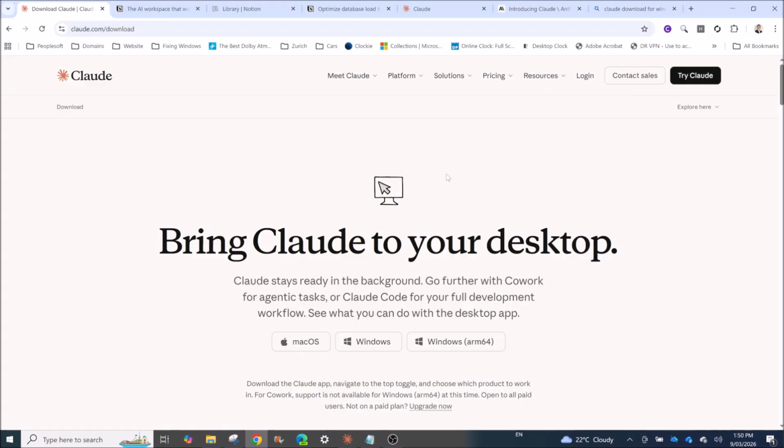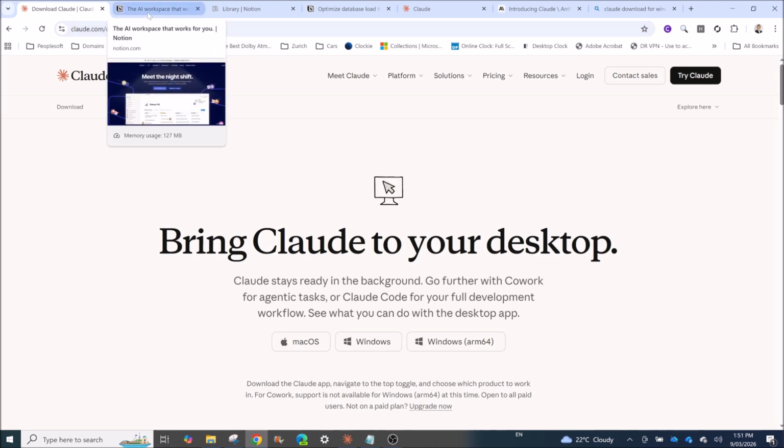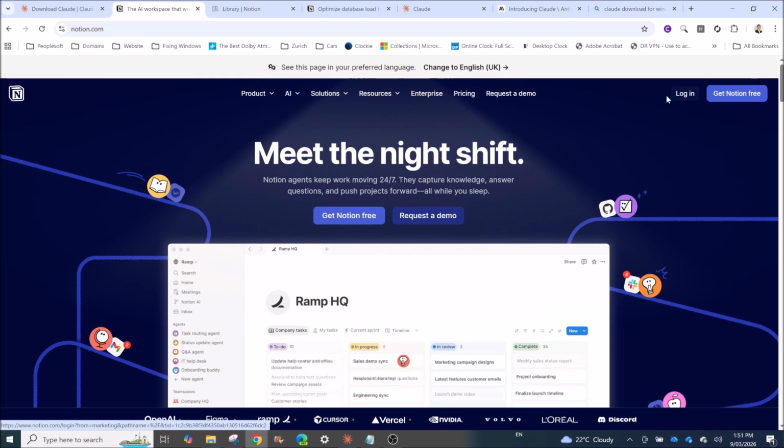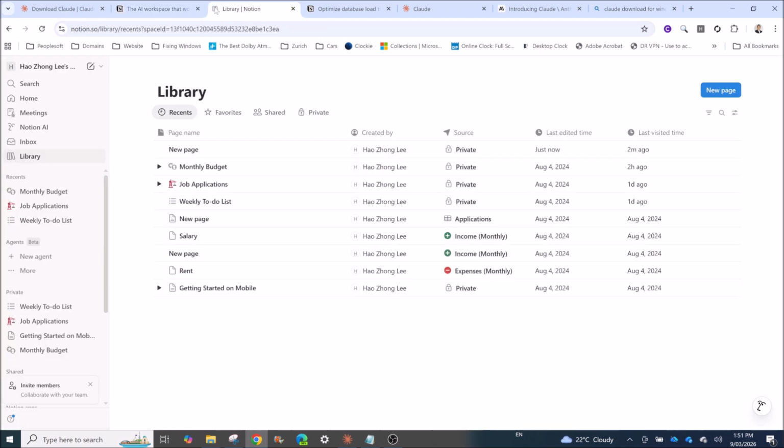There are two prerequisites that you need for this project. One is the Windows version or Mac version of Claude. Download it to your laptop and install it. Create a new account with Claude if you haven't created one already. The second prerequisite is you need to get Notion. Go to the notion.com website and get Notion for free. Then log into Notion. After that,